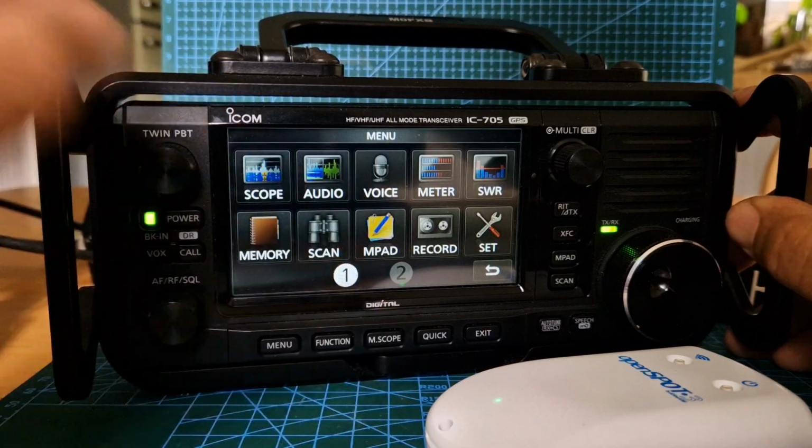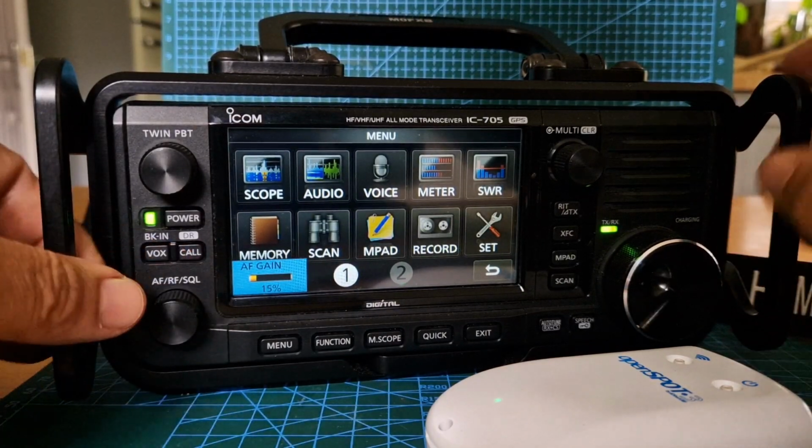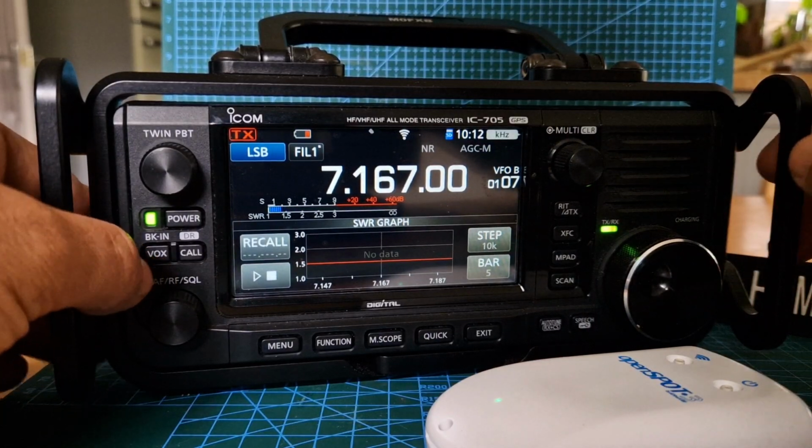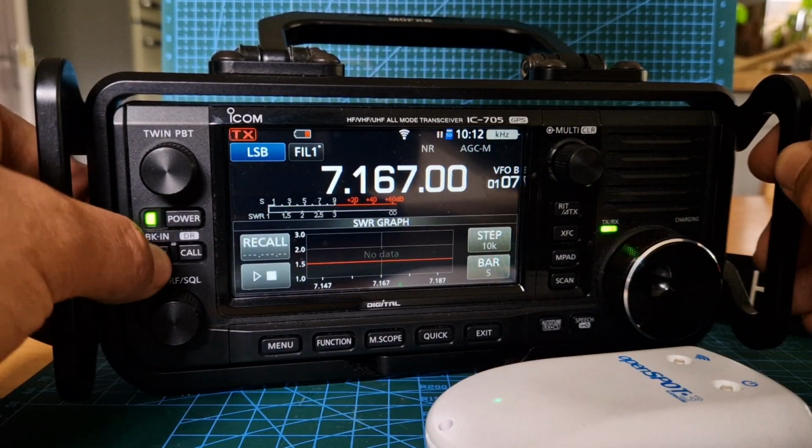And then you can have an audio scope. You can do an SWR graph. There's a nice graph on these, SWR. And then when you key, I mean, I haven't tested my antenna today, but